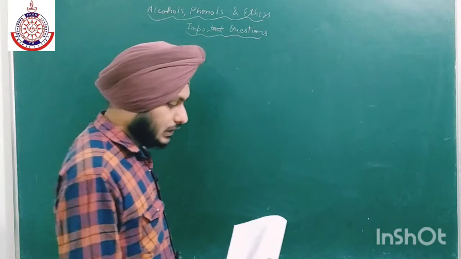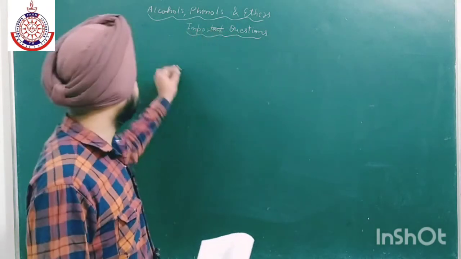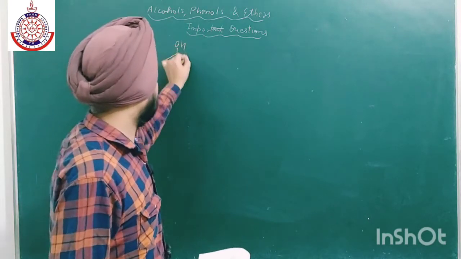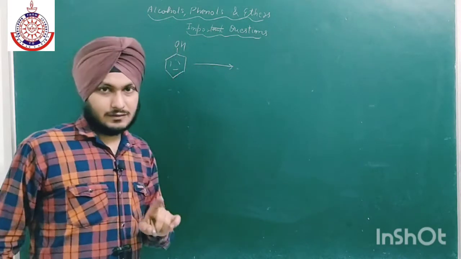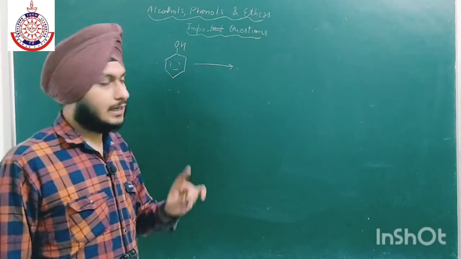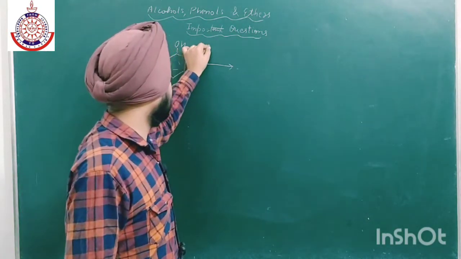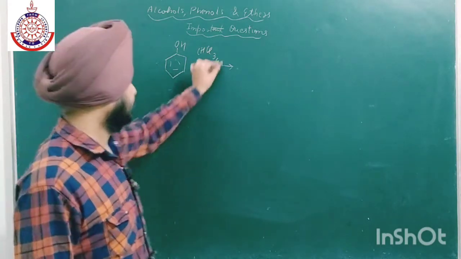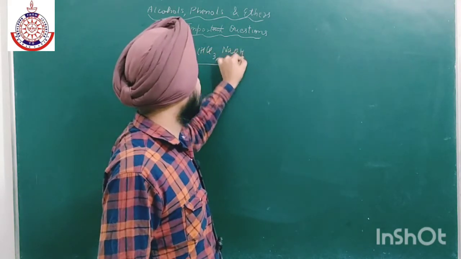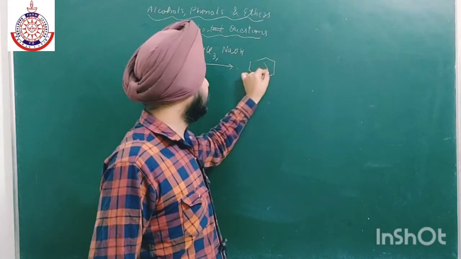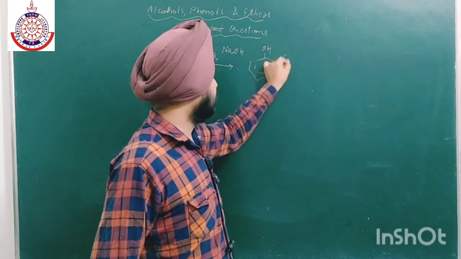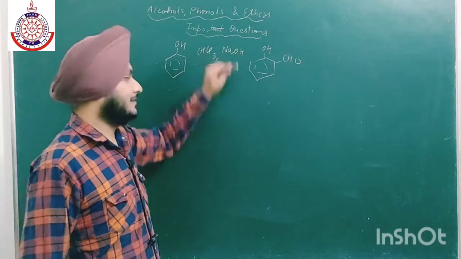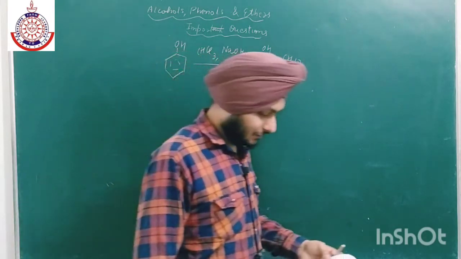Okay, so the next reaction is treating phenol with chloroform. Now this thing you have to remember that we have discussed only one reaction in which we react chloroform with phenol. That is a name reaction, Reimer-Tiemann reaction, which is in presence of NaOH, and we will get salicylaldehyde as the main product. Okay, this will be the main product. Simple as that. Okay, so you have to memorize these reactants. So this is the thing you have to remember.